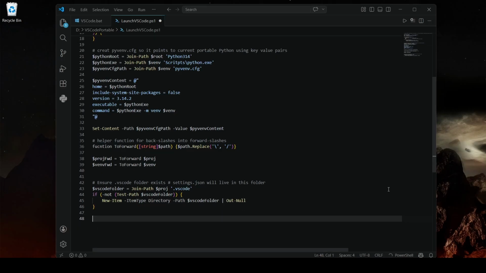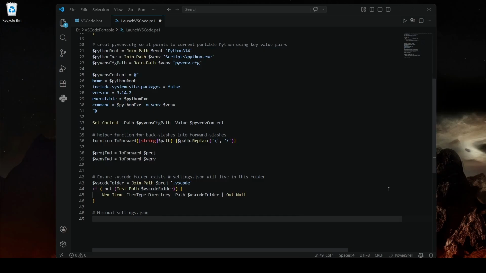Now we're going to write a basic settings JSON. We're not going to activate our virtual environment in here. We're going to activate it in our workspace. So we're going to build our activation command. Activate will be